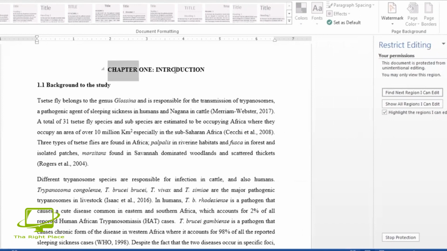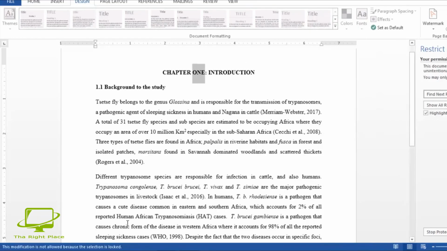It doesn't allow that. So also, if you check on the bottom left hand side of your document, you can see a message which says this modification is not allowed because the selection is locked. So that is what is showing the person who is trying to edit your document that they cannot make any